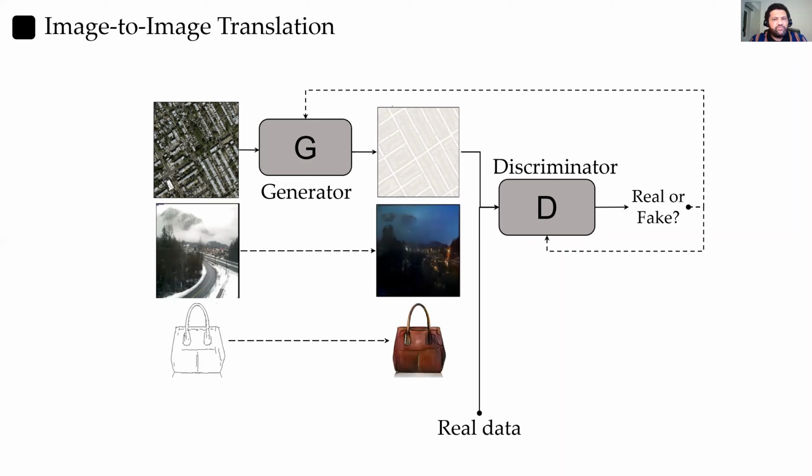And the generator output in this application is conditioned by the input image, and it tries to produce a corresponding image that is similar to some real data. And the discriminator has the classification task that we have already been mentioning all the time. And this can be thought of as a conditional GAN setting that we discussed earlier.